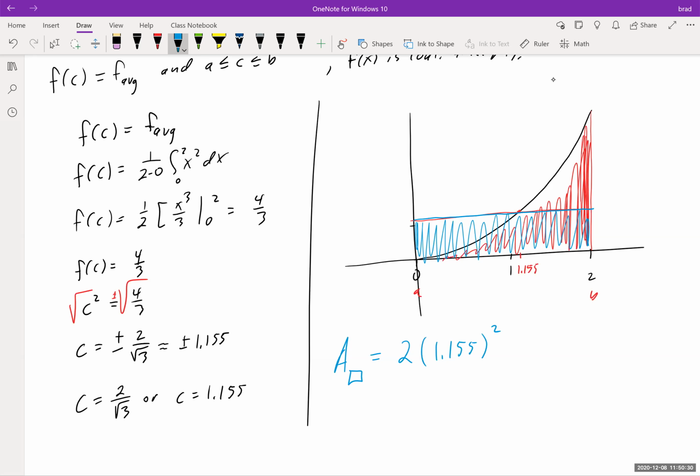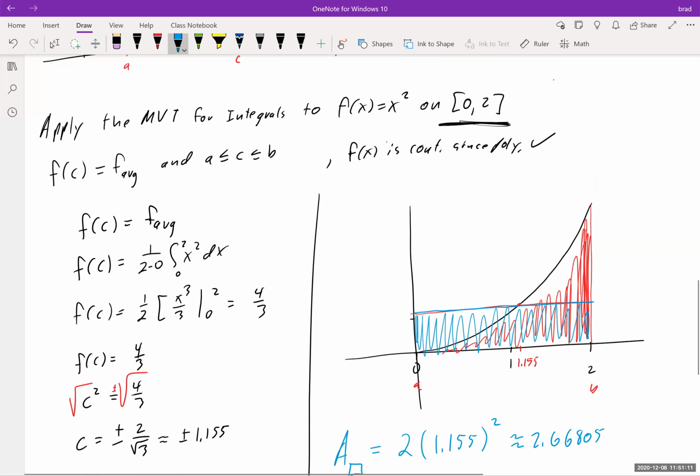So let's see what we get. We do 1.155 squared times 2. And this is approximately 2.66805. Okay, so what they're saying is that the area under the curve should be about 2.66805. Now, if we go back and look way up here,